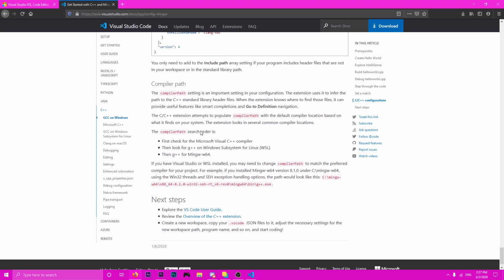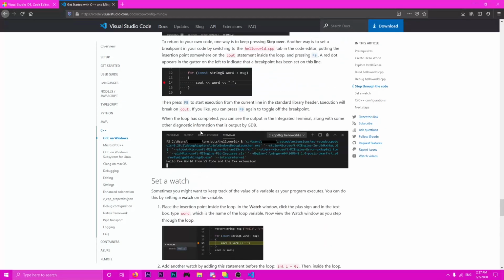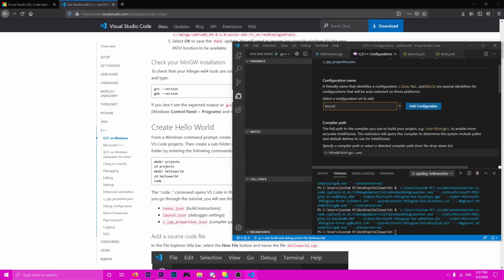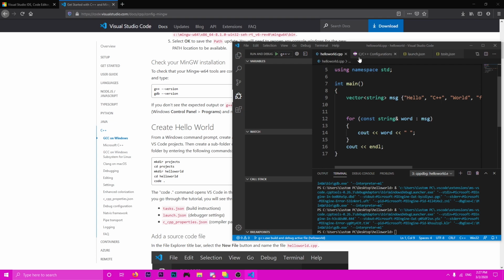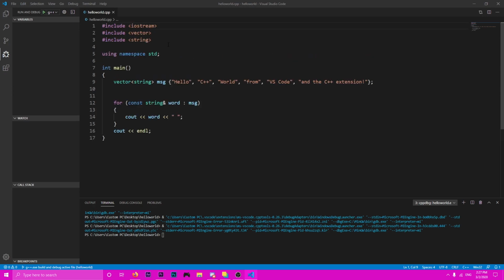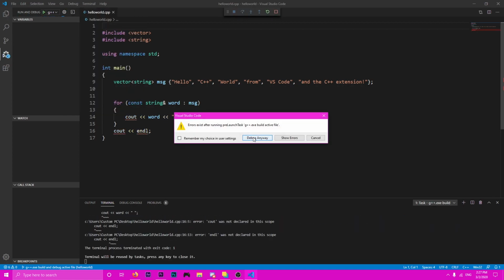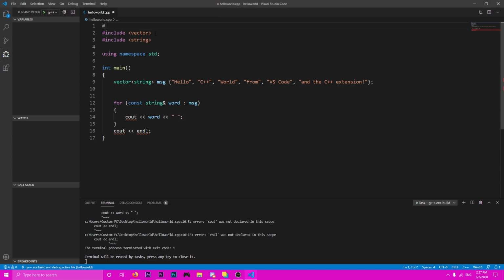Okay, so it's pretty much everything. Now we finished our video. Now your compiler works, your Visual Studio works, everything is going okay. And if you want me to prove it to you, let's say I do not write the most important code at the beginning and I start debugging, it's going to show an error. You see? Errors. Because this is what you should start with, which is include